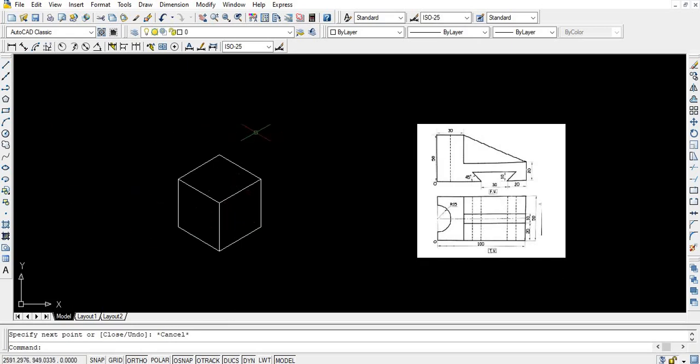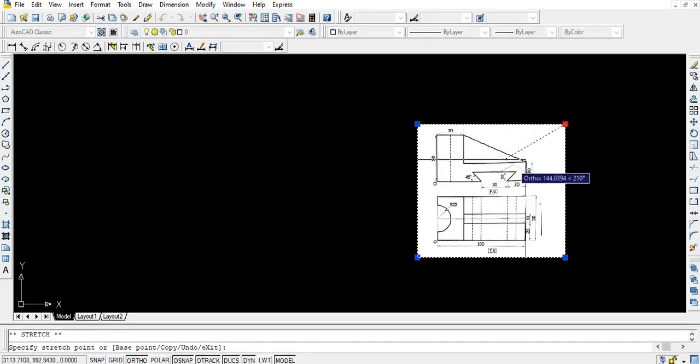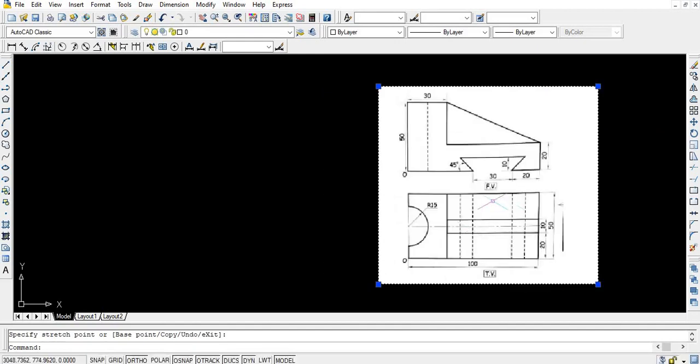Whatever your diagram, whatever your isometric projection, it should be within these three planes. Here I will delete these planes. Now I will draw the isometric views from the given two views. First of all, you have to read this diagram carefully: what dimensions are given, which views are given, and where the O point is. Here you can see this is the O point, and again this is the O point. This one is the front view and top view.